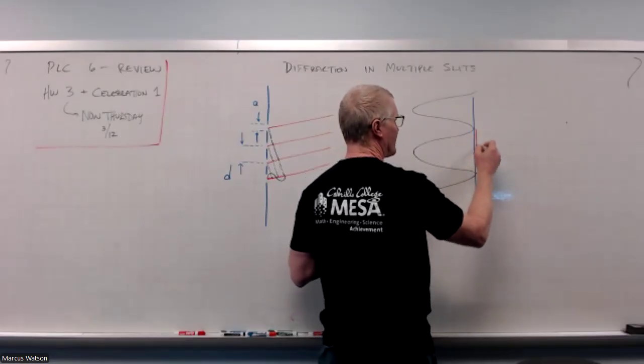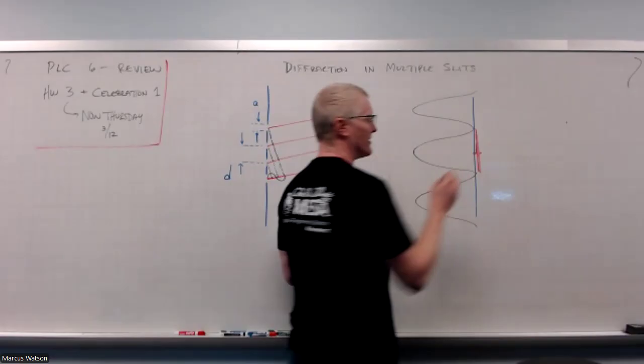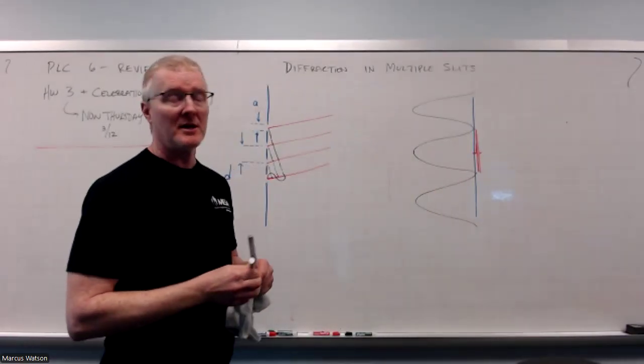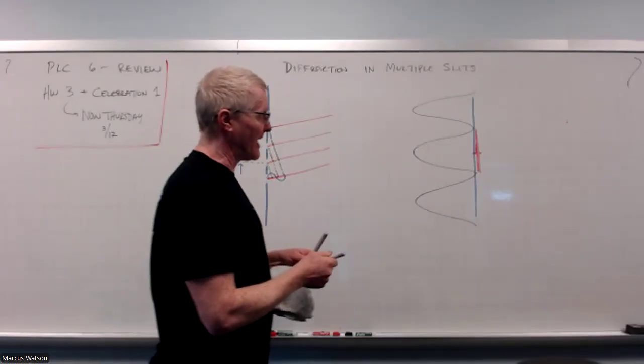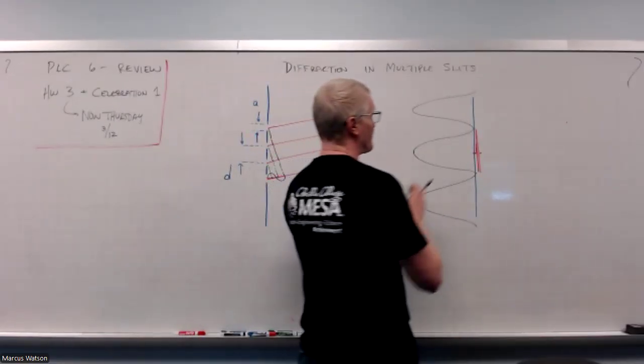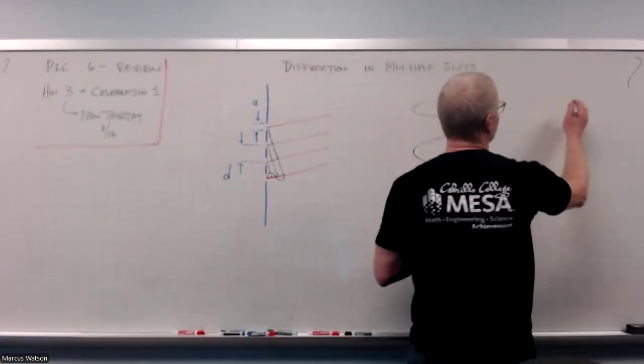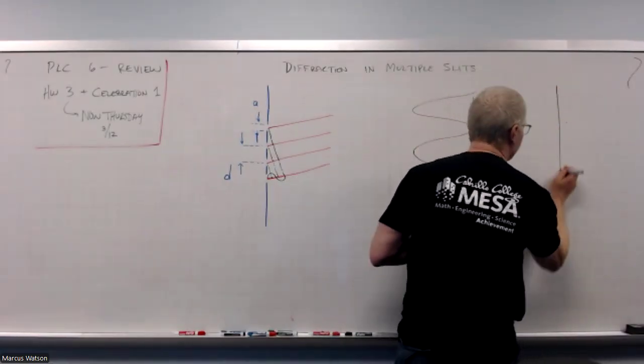That's the entire bright fringe right there. Now that would be for the two slit pattern. Now as I go to the 3 slit pattern, let's go to 3,